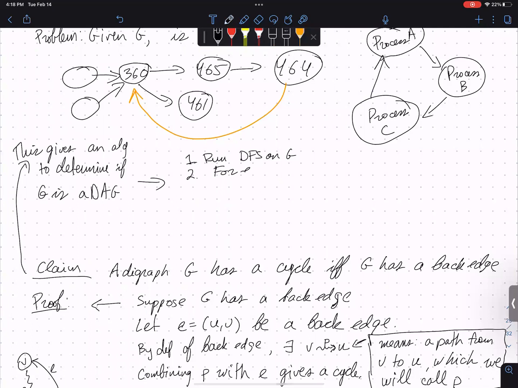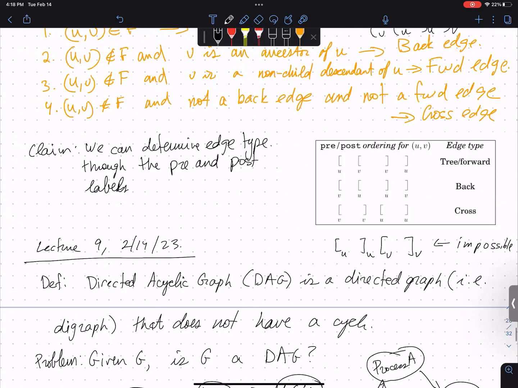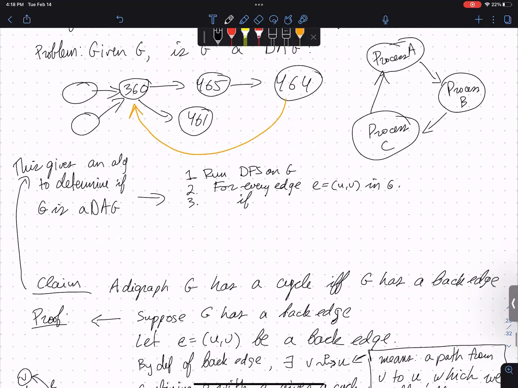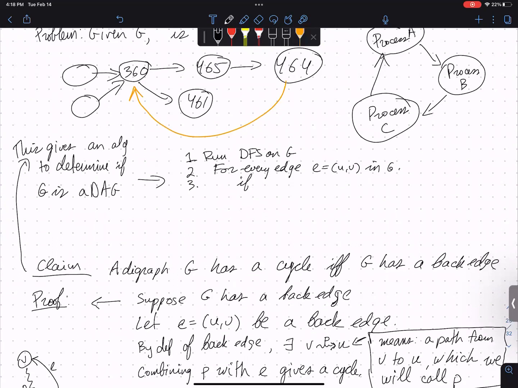So that's all we do. For every edge E equals UV in G, remember the back edge definition, U's interval is contained in V's interval. So if the interval